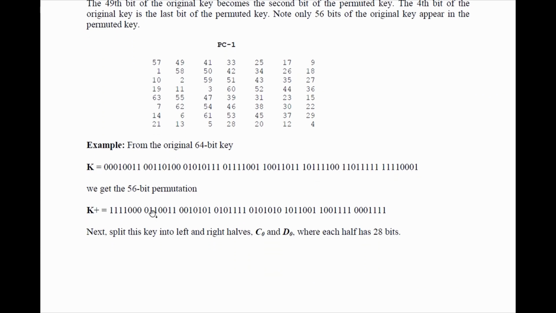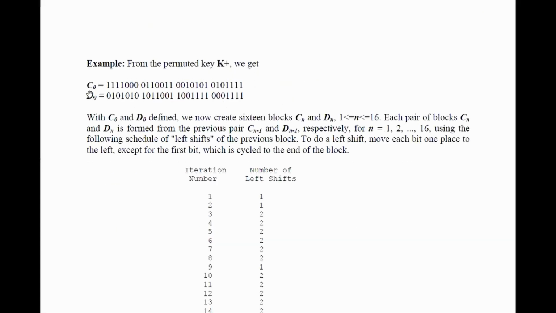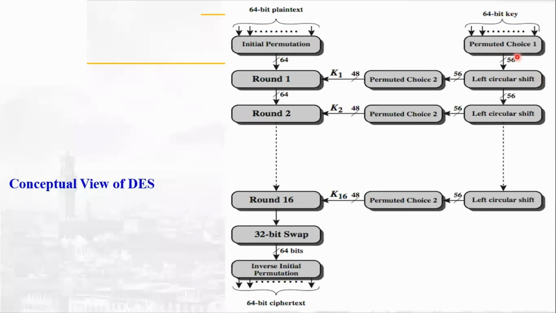Okay, so this is the first step. The second step is to divide it into two halves. This 56-bit key, we have to divide it into two halves, C0 and D0. So now this is C0 and D0. What the algorithm says